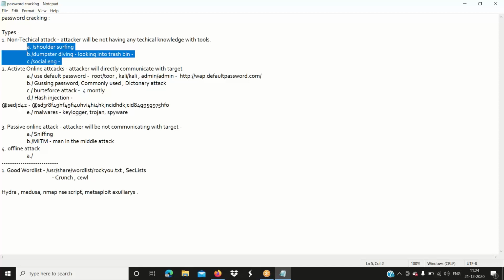If you get any such clue while doing shoulder surfing or dumpster diving, the attacker can generate a customized word list according to the information gained through these non-technical attacks. Hope these three terminologies are clear. If not, please let me know.